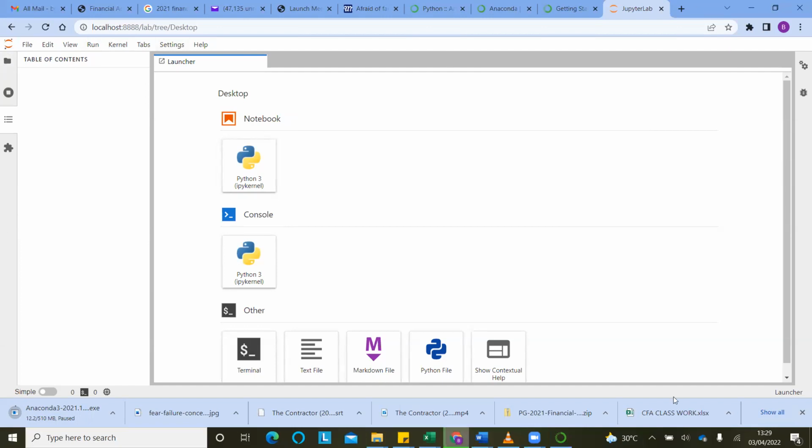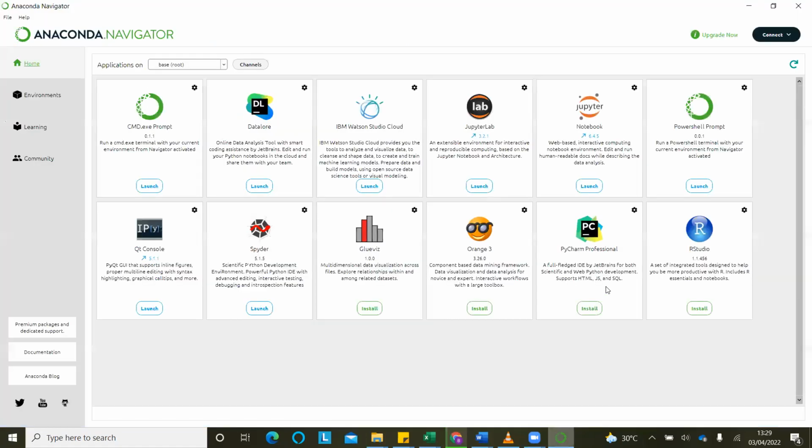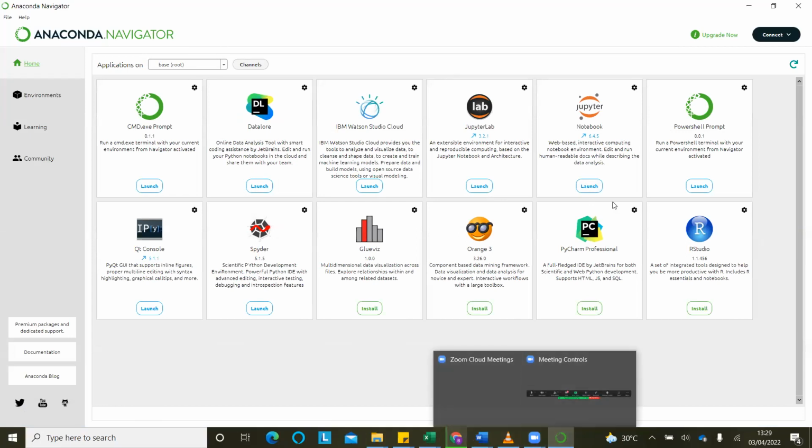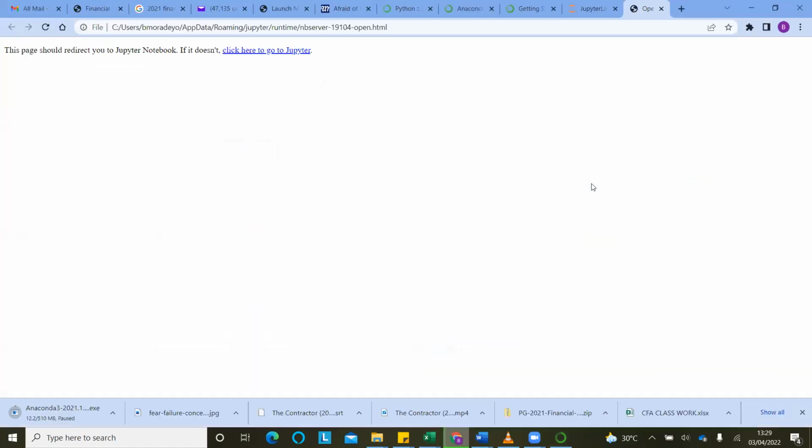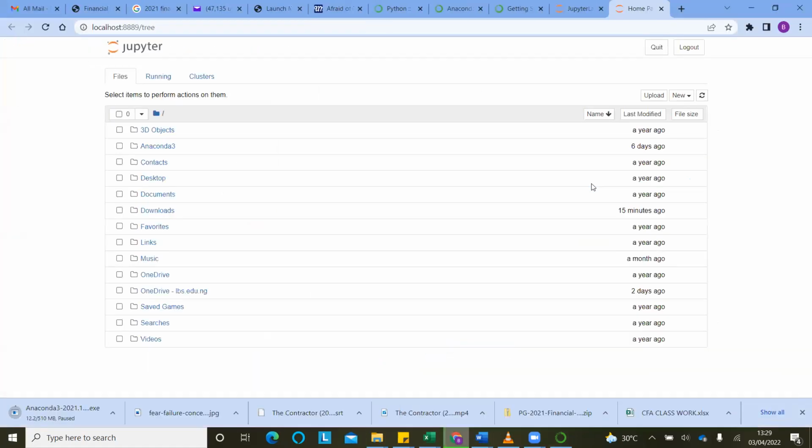Can you see notebook? Click launch notebook. Exactly, yes. So it will now open. That's it. Can you see your desktop now?